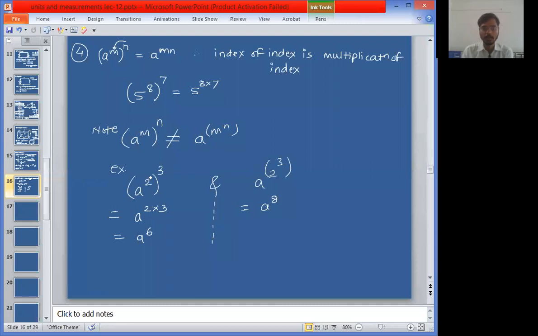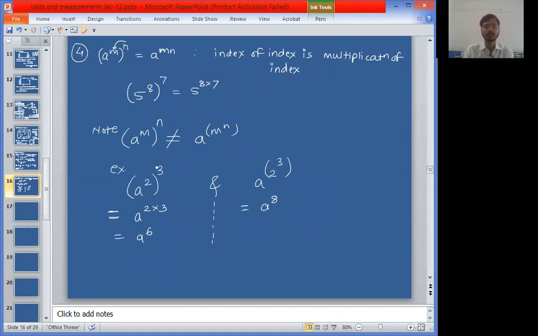Sir, हे सगळं log मध्ये पण आहे. Yes, Aryan. We are preparing for logarithm actually. Okay. मी तुम्हाला logचं पण शिकवणार आहे. त्यासाठीच पहिल्यांदा index शिकवायला लागलोय. Okay. You got it correct. All these things are present in log also, sir. Yes.